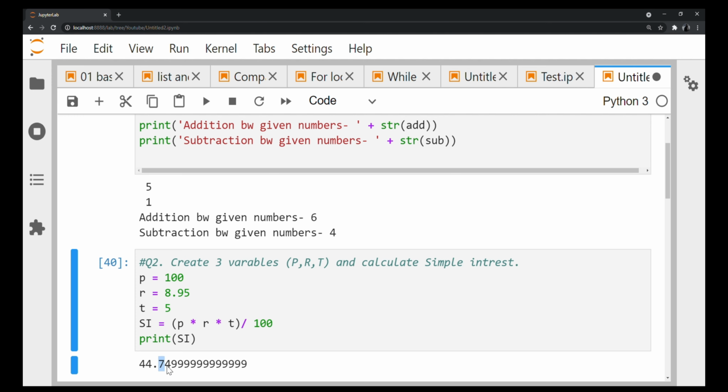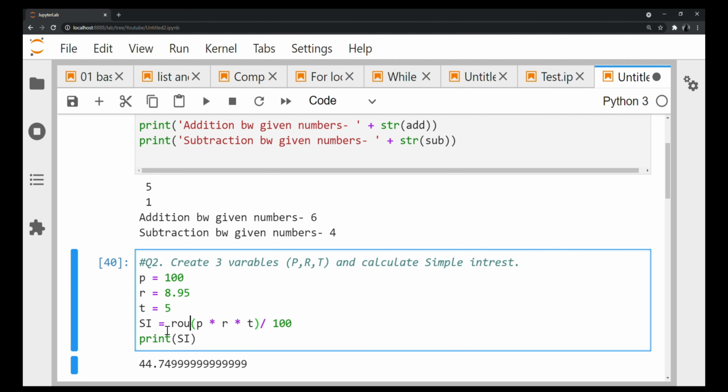Okay, but if you see, I'm getting a very long decimal value here, right? So let me give you something extra here, okay? While you are creating this, if you remember, we can use this round function, and what the round function does is it tries to round up for the given place you provide. So it takes two arguments, guys. First is what you have to round up, right? And second thing, how many places you want to round up, right?